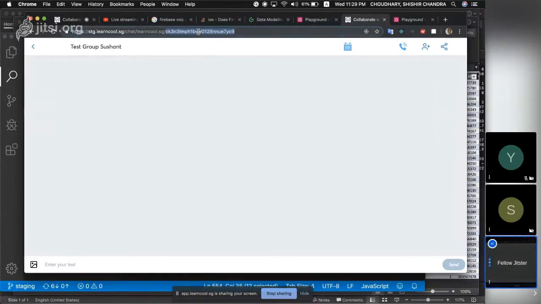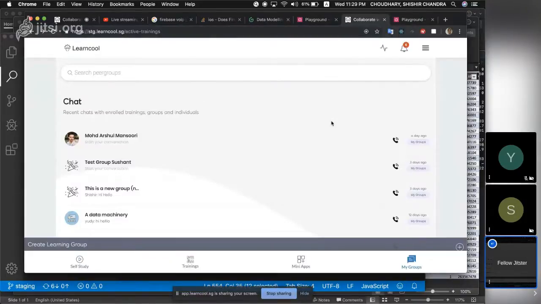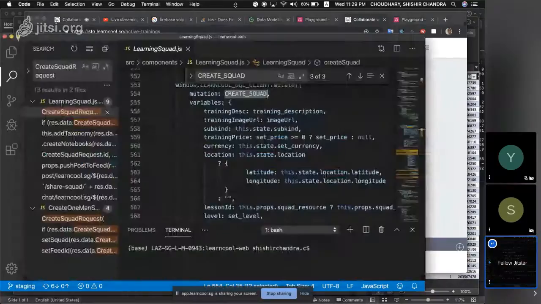What I suspect is that this is not the user feed ID. This is the squad ID. So you want to pass the user feed ID of this, so that you could create that kind of a relationship that we were talking about, the parent and child